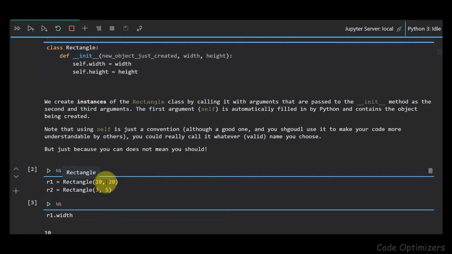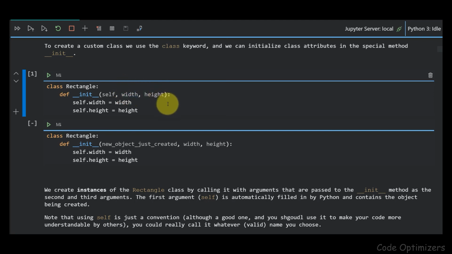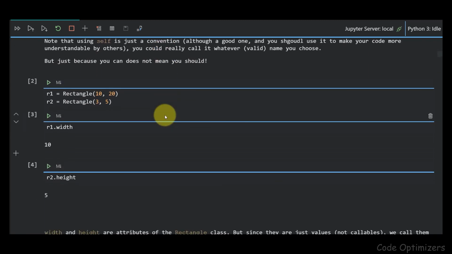So what happens here is that R1 is passed as the object in the init method, and the width of R1 is assigned the value of width which we passed while creating the object, and in the same manner the height is also assigned a value. So we can access the class attribute using the object. Let's say R1.width we get 10, R2.height we get 5.